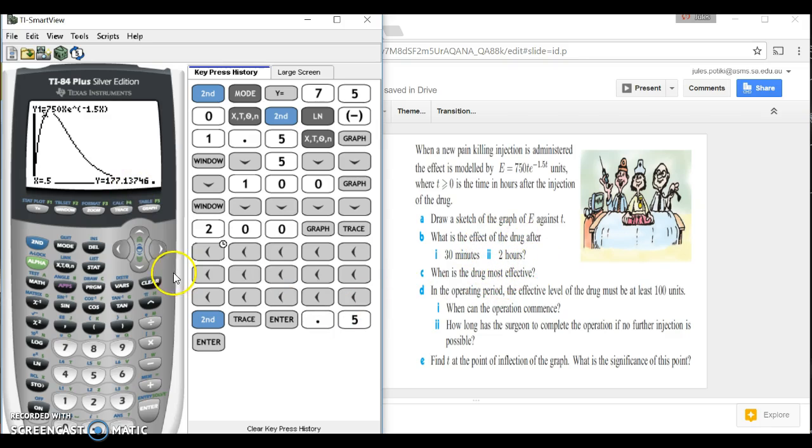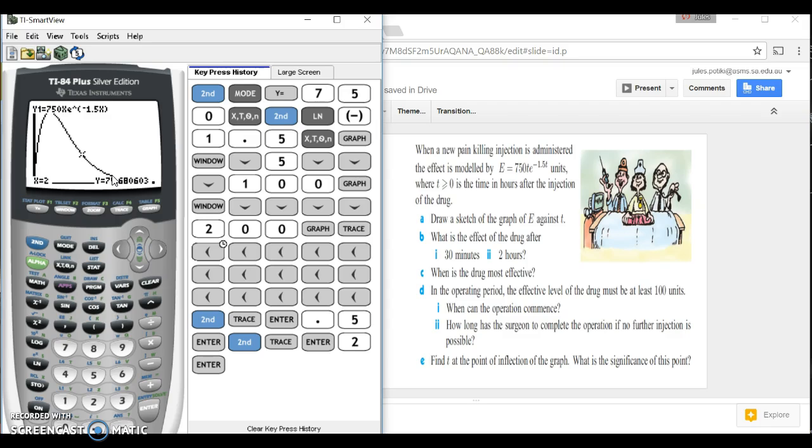At t equals 2 hours, just do the same thing. Second calc, value, and we put in 2 hours. And so at 2 hours, the effect has decreased to 74.7 units. So that's quite a lot quicker than entering this all into your calculator and substituting t equals 0.5 or t equals 2 into this. So it's a much faster way to find values